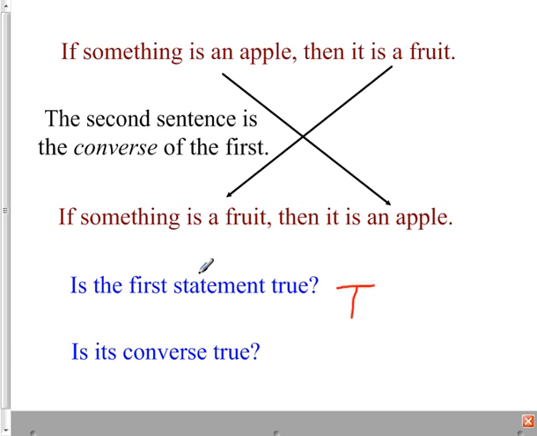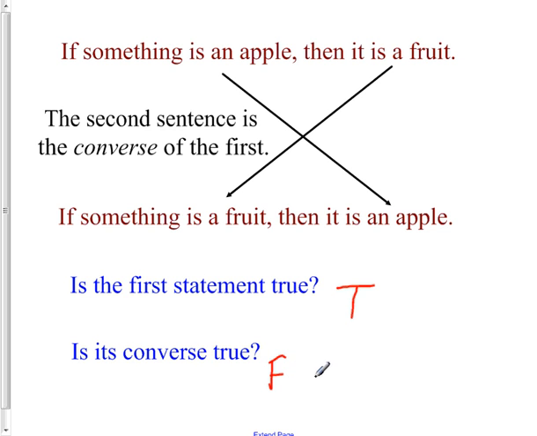Is this true? If something is a fruit, then it is an apple. And so when I say is it true, I mean is it always true? Not is it sometimes true, or can you find one example where it's true? If you can find one example where this is not true, then it's false. And so if something's a fruit, then it's an apple, that is false. Because we could say bananas, we could say oranges, mangoes, I kind of listed some off earlier. As long as you can find a fruit that's not an apple, that makes the converse false. Okay,